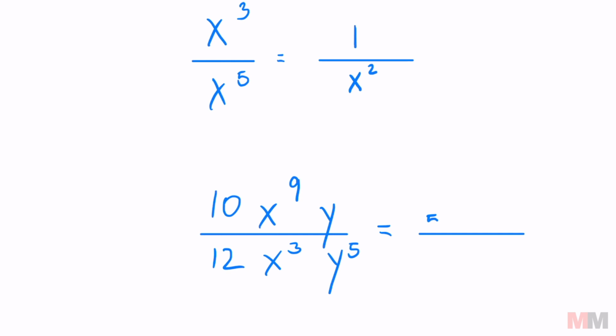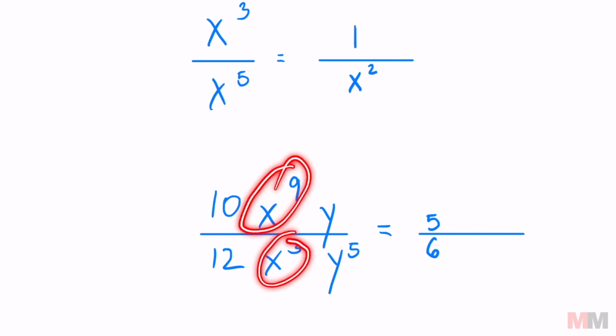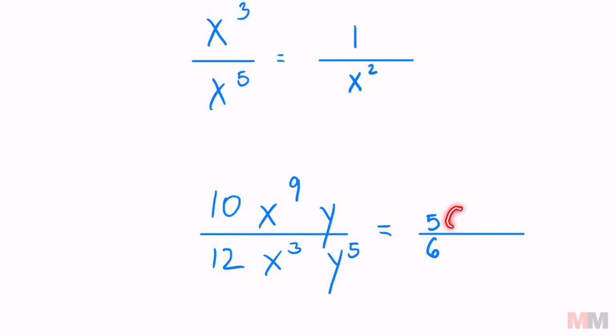So that's going to get you 5 6. You can reduce them by dividing by 2. Now let's go letter by letter. x9, x3. Compare it. This one has the higher exponent, so I know that my results are going to go